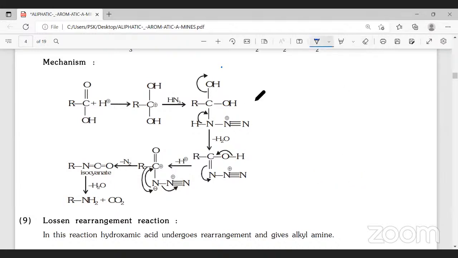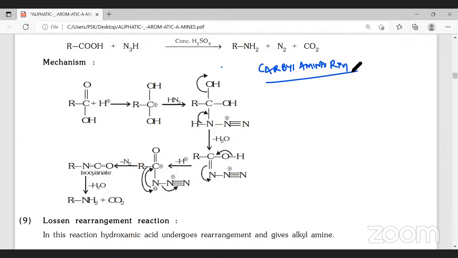Next is another named reaction, called the carbylamine reaction. What is this carbylamine reaction? It's a reaction of aliphatic or aromatic primary amines